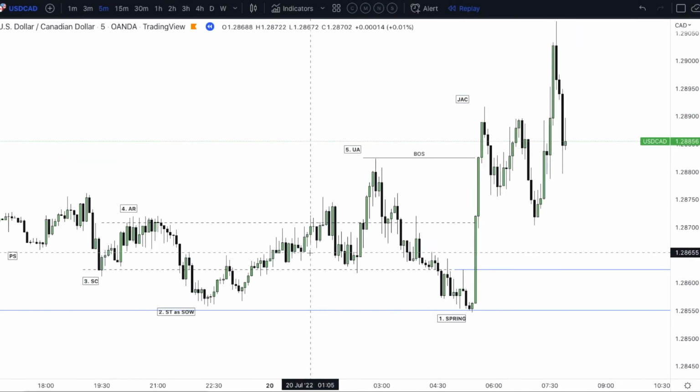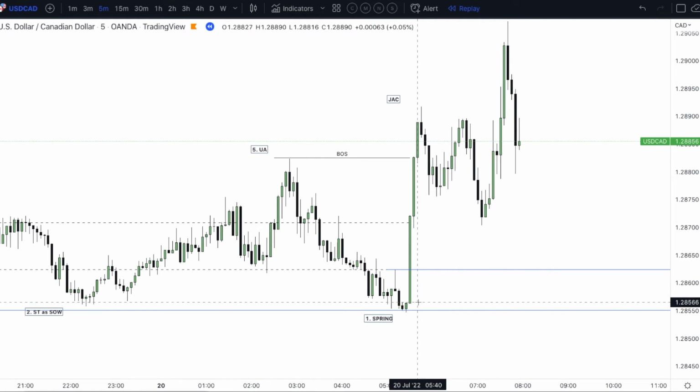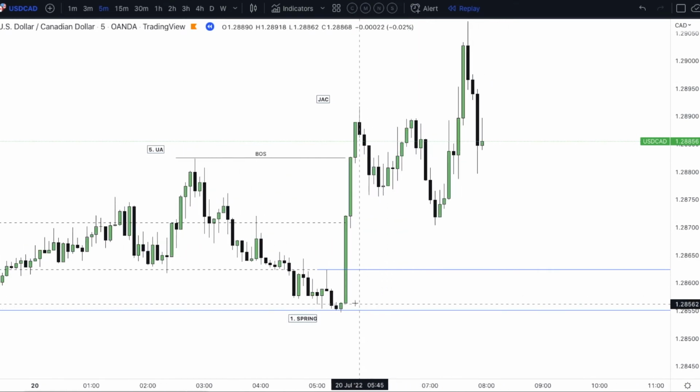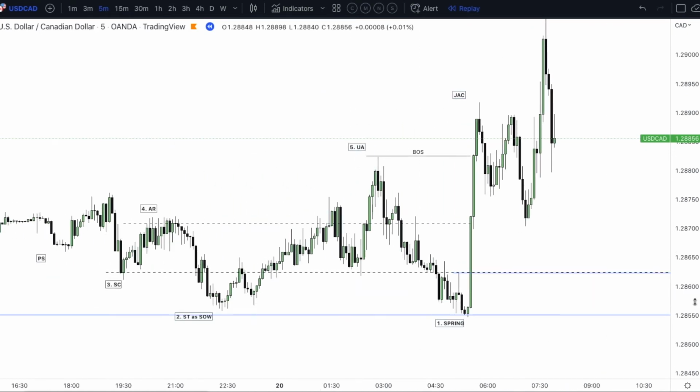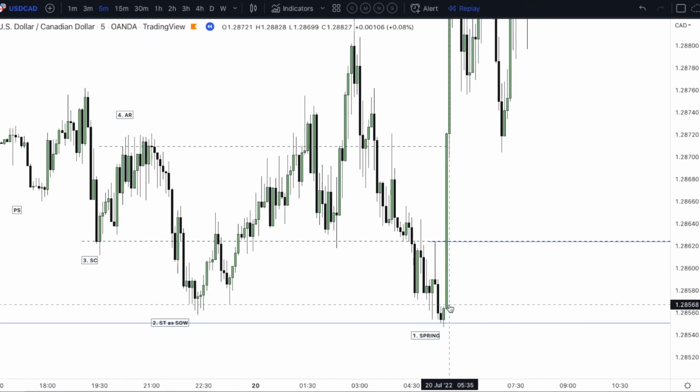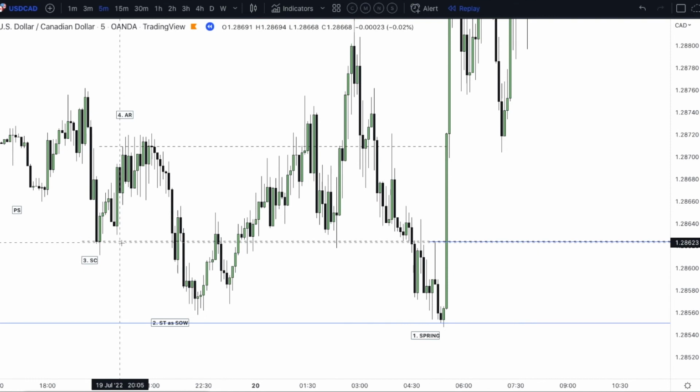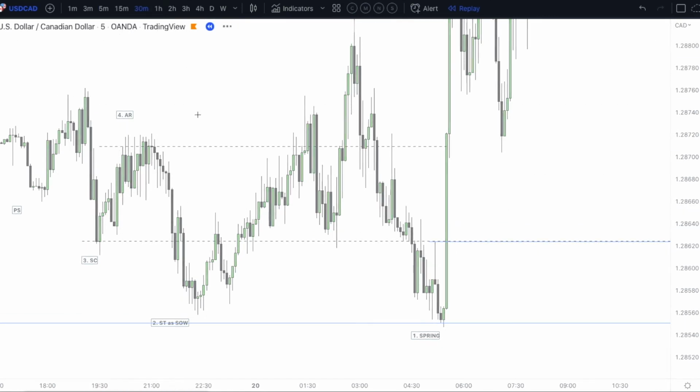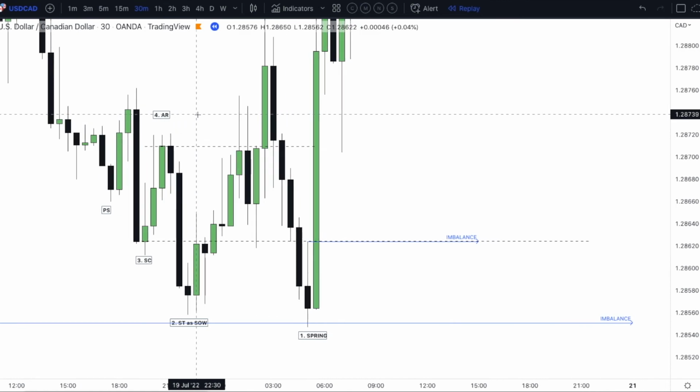Now, one of you guys, I know you're noticing that we have an imbalance all the way down here, and some might ask the question, well, why wouldn't you choose this area here for your entry? Because like I said, we want to look for entries that align with our trading range. These serve for high probability trades. A normal person will look and say, well, price is going to touch this point here, but because we have trading range alignment and it aligns perfectly here with our 30-minute, that's the area in which we want to utilize